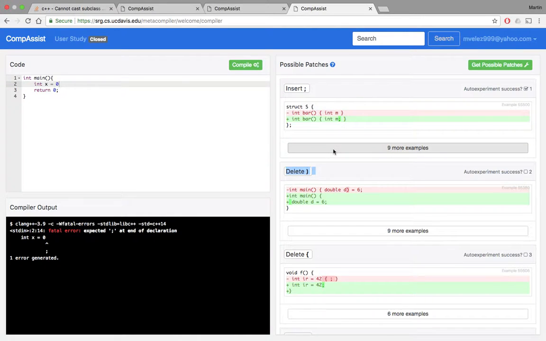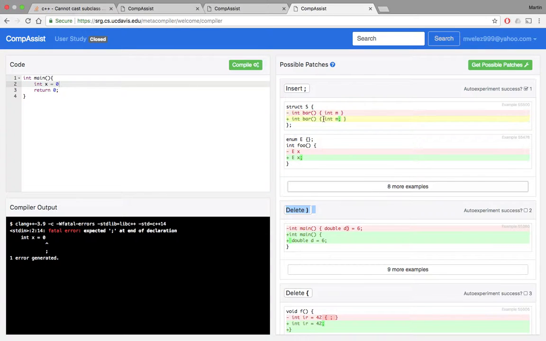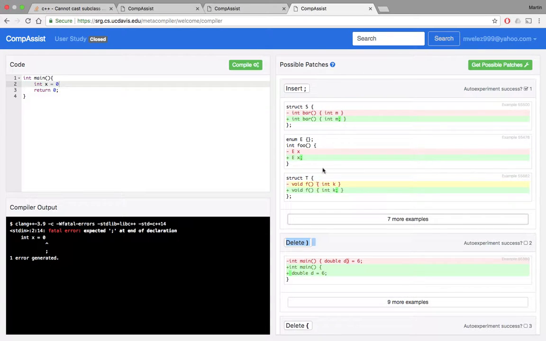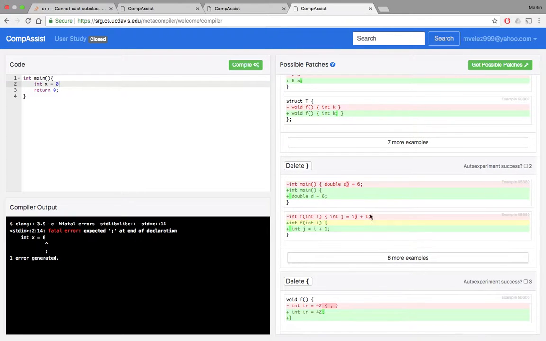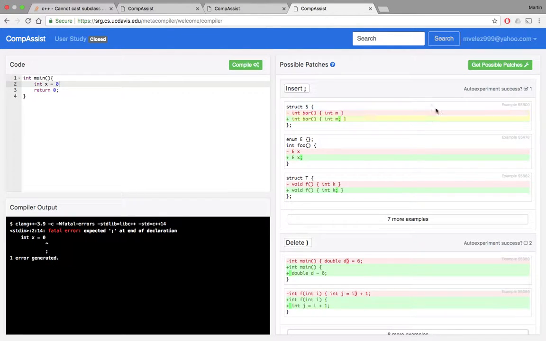Inside this patch, what you'll see is our fix examples, and these are distinct pieces of code that represent a buggy, an uncompilable piece of code with a patch, and a patch that makes it compilable. And you'll see a lot of fix examples all grouped by patch. On the right you'll see this label auto experiment success, and what this means is that since there are only 26 possible patches, we can actually